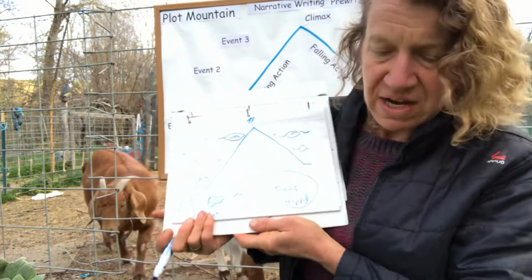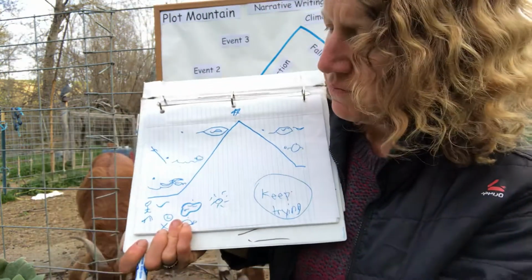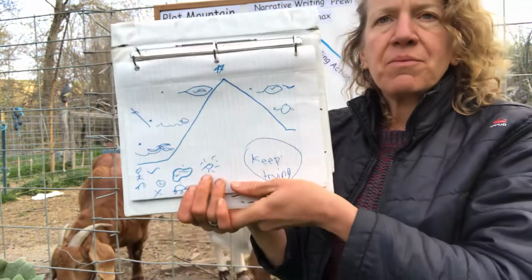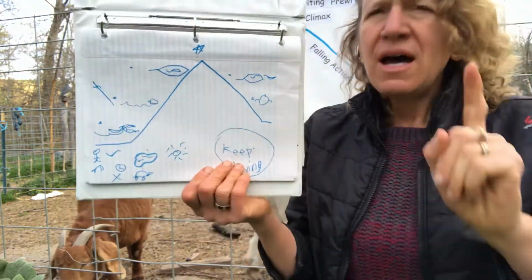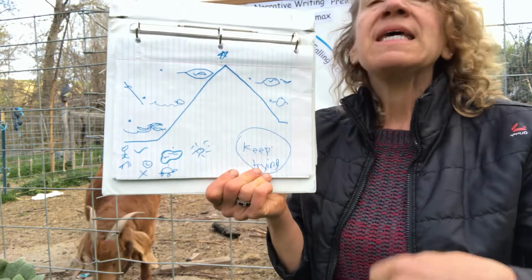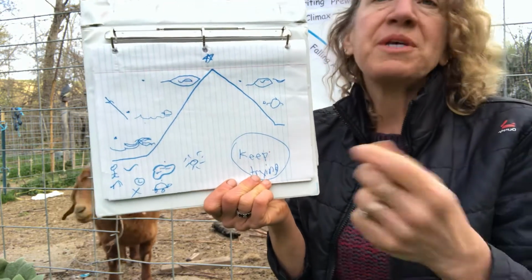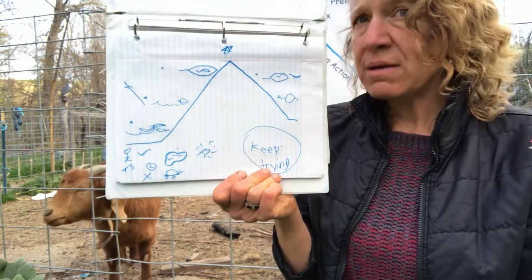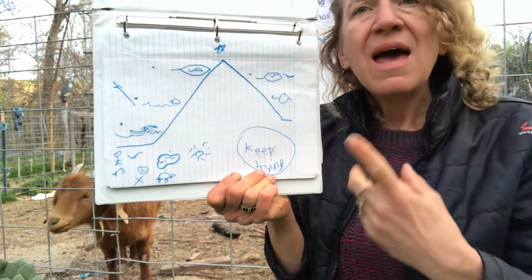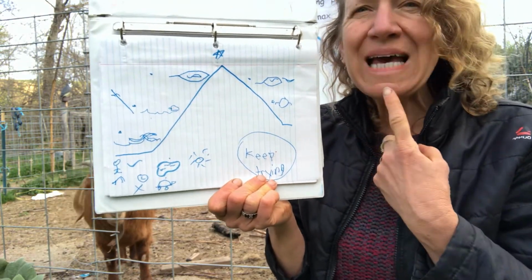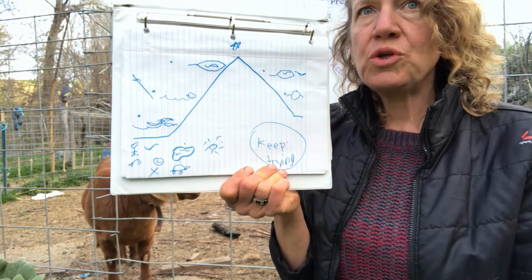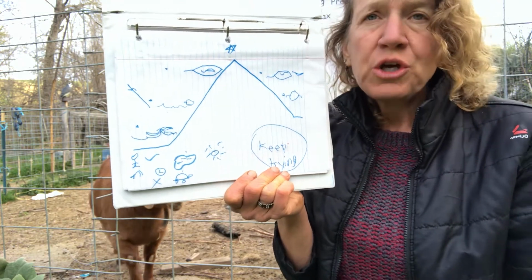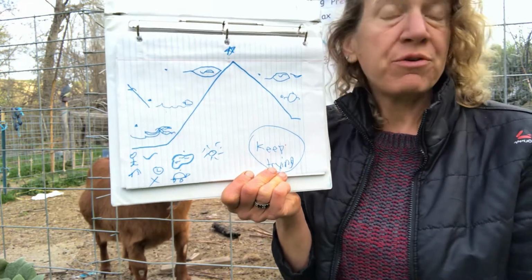Okay? So when I've done that, then I can write my story. Now, understand, writing a story, yes, maybe I'm writing my story using a pencil and paper. Maybe I'm writing my story by typing it. And maybe I'm writing my story by telling it. Now, you can tell your story to an adult or a big sister or brother or cousin who can write